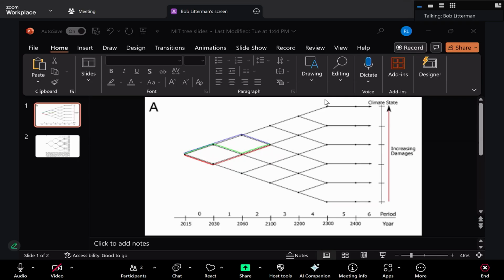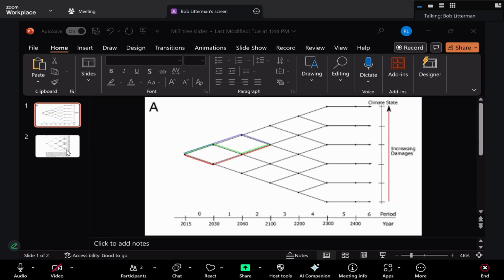And then if you move in the second period to the same node, well, you're clearly here with the same amount of damage per amount of forcing, but you have a different amount of forcing. So there's really a number of states, and now what you're going to do is optimize policy at every one of those nodes for every one of those states, assuming that policy is optimal in all of the states. Now, there's a lot going on in this model that I'm not going to get into, but as we move through the tree, what we're going to see is different policies.